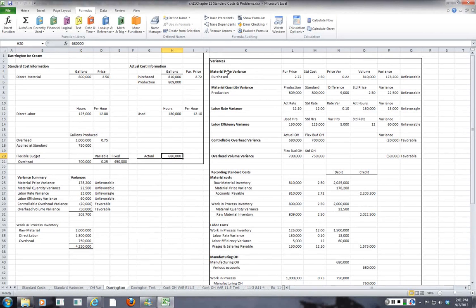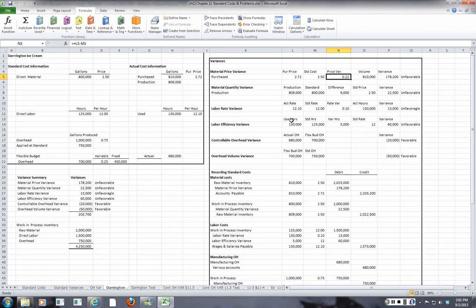So you can see we're going to start with the material price variance. We purchased at a price of $2.72. The standard cost was $2.50, and you can see we got that from those over there. So that's an unfavorable variance of 22 cents per unit. And we have a volume of 810,000, which is what we purchased. So you multiply 810,000 times the 22 cents, and we come up with an unfavorable variance of